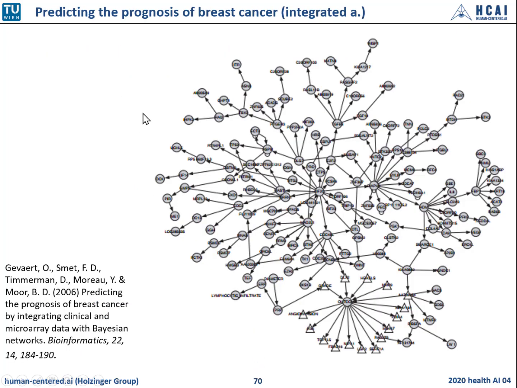This is the complete Bayesian network for the best model using this partial integration of clinical and micro data. The Markov blanket of the outcome variables is indicated by the triangles here with the white nodes. Okay, and this is most promising. This partial integration method is most promising and has an independent test set area under the ROC curve of a very high value, above 0.85, and after choosing an operating point, the classification performance is better than frequently used indices.